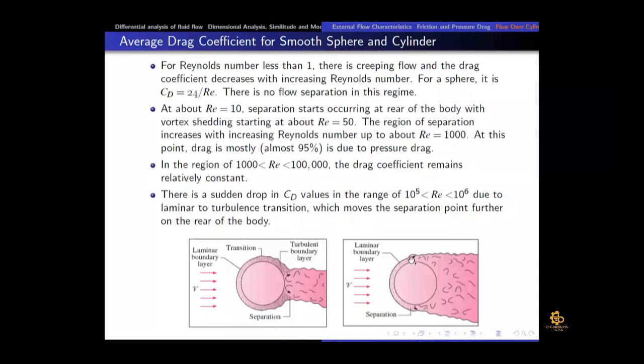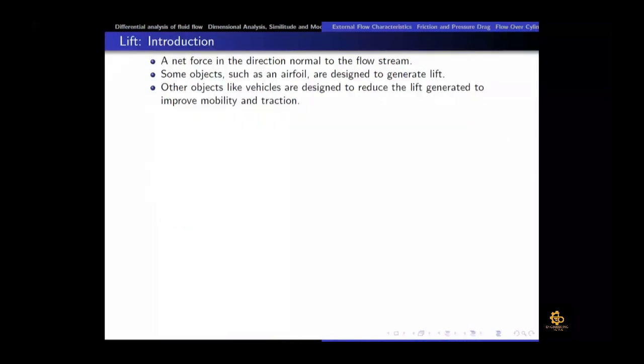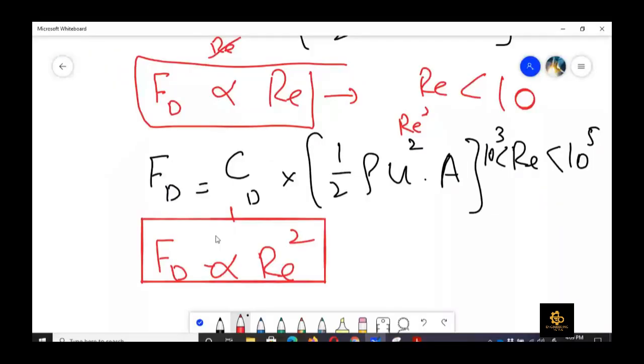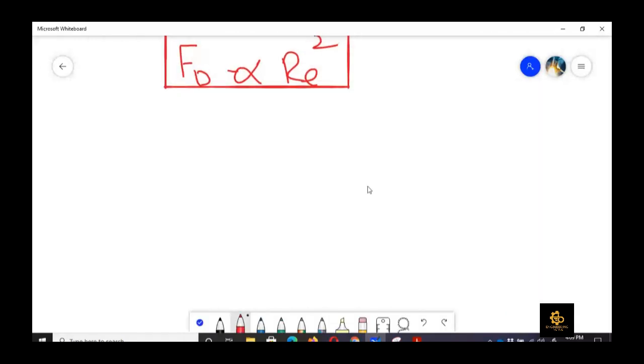For the lift, the surface area is important, where the pressure forces are different. Lift on an object depends on the shape and orientation of the body as well as Reynolds number. When we talk about orientation of the body, we talk about the concept of angle of attack. So if this is an aerofoil, it is not the best aerofoil, let me try again. If this is an aerofoil and the flow is coming from here,